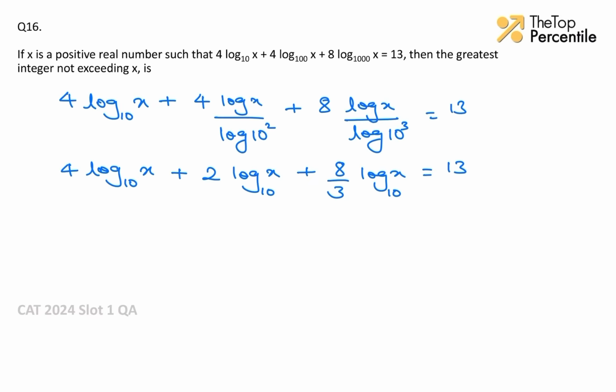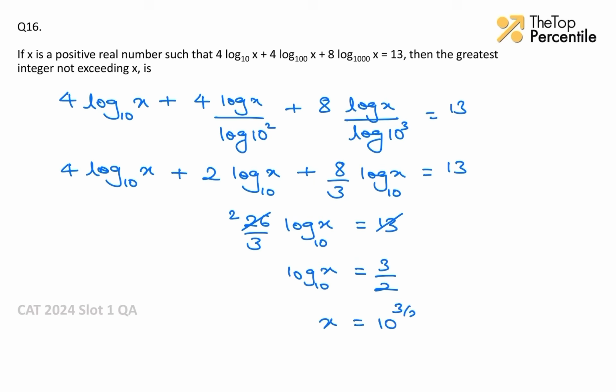So 4 plus 2 will give me 6. 6 3s are 18. This will give me 26 by 3 log x to the base 10. This will be 13. So 13 2s are 26 and log x to the base 10 will give me 3 by 2. This can also be written as x equals 10 to the power 3 by 2,